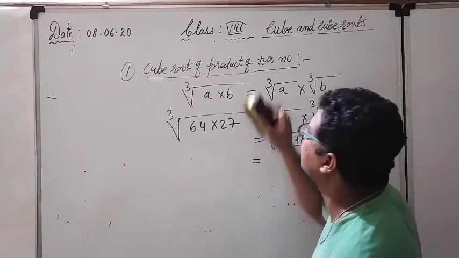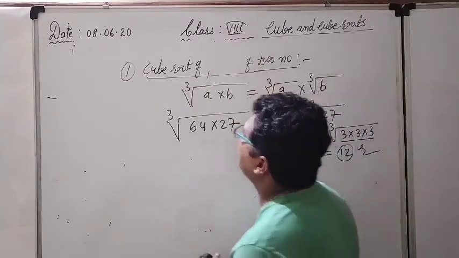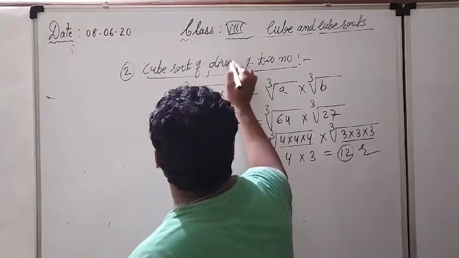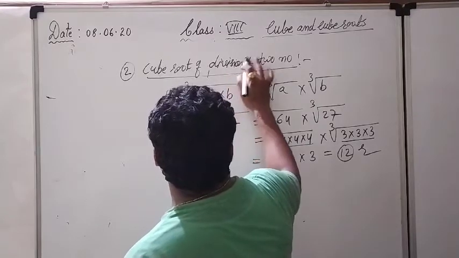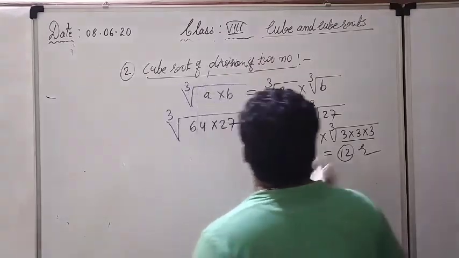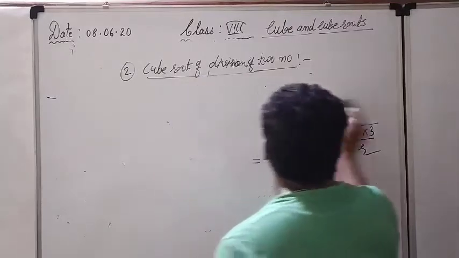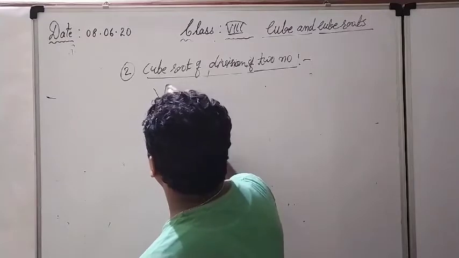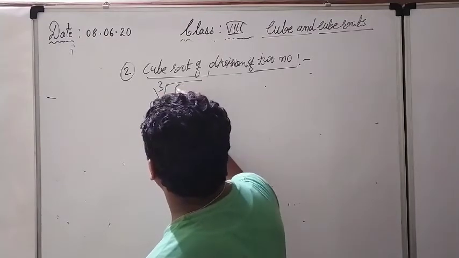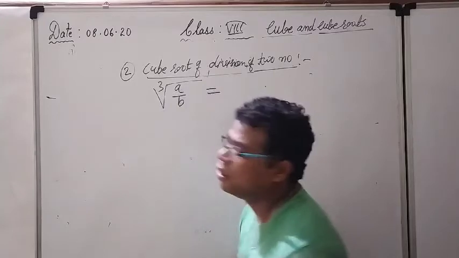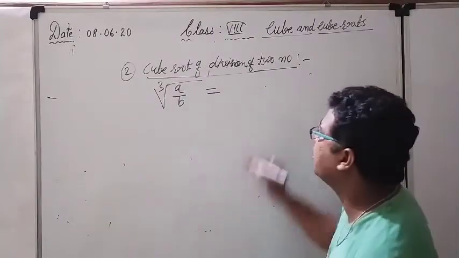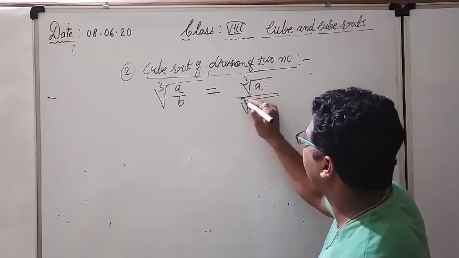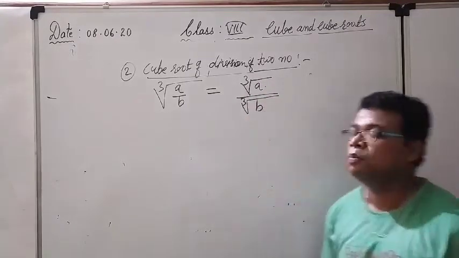Same like that, our topic changes a little and we are taking the second point, cube root of the division of two numbers. See here, in place of the product, if we have to find out the division of two numbers, I will consider the same example here. In this way also, what does it say? The cube root of the division of two numbers is directly equal to the cube root of the numerator upon the cube root of the denominator b. Both are equal to each other.